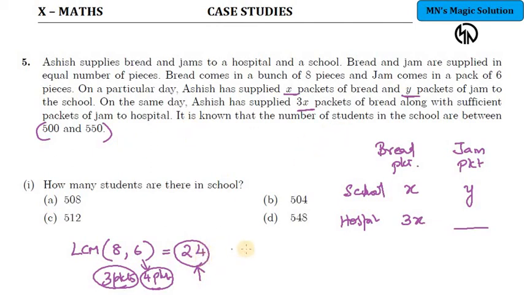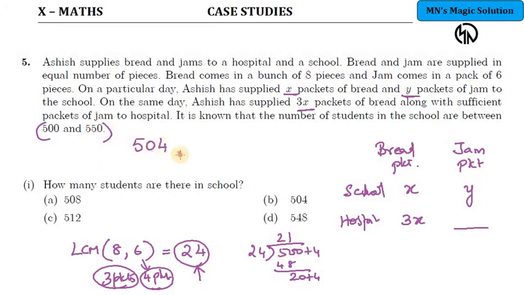In that case, the school strength must be a multiple of 24. So we have to find the multiple of 24 above 500. Simple, I am going to divide 500 by 24. I get 2 times 48, 20. Here, if instead of 20 there had been 20 plus 4, that is 24, then we would have taken 21 times. Correct? So which is the least common multiple? 24. What is its multiple which lies above 500? The first one is 504.